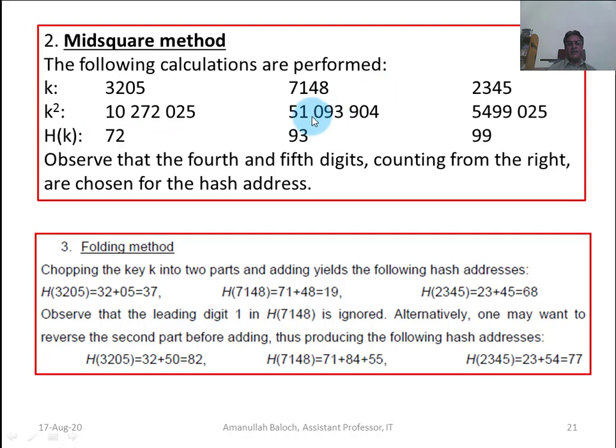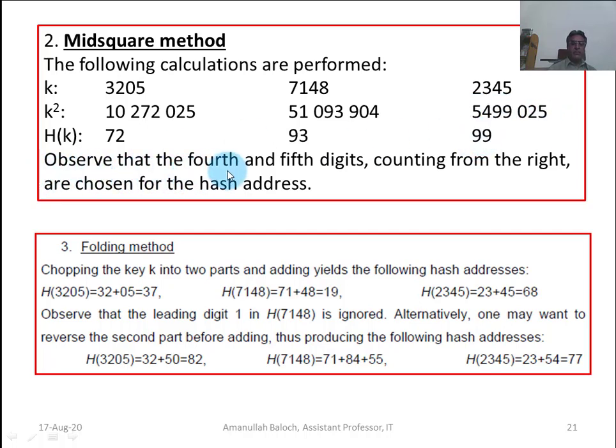Here we leave 510 on the left and 904 on the right, and the middle value is 93. So its hash address will become 93. For the next one, we leave 054 on the left and 5 on the right. The middle value is 99, so we will take 99.